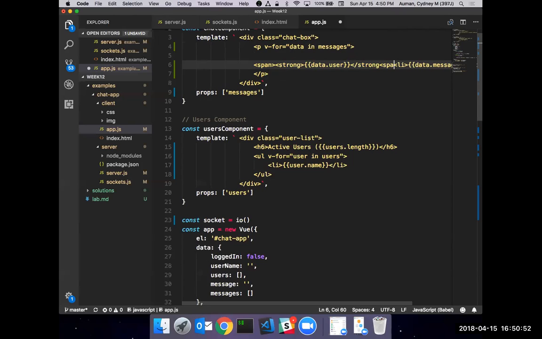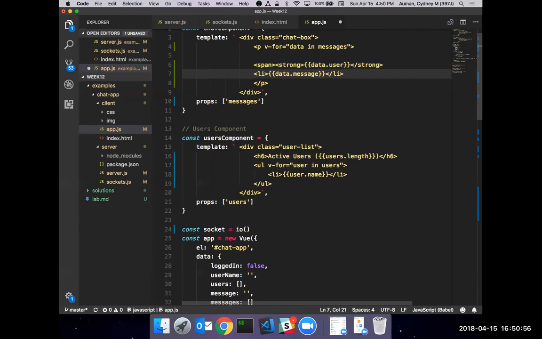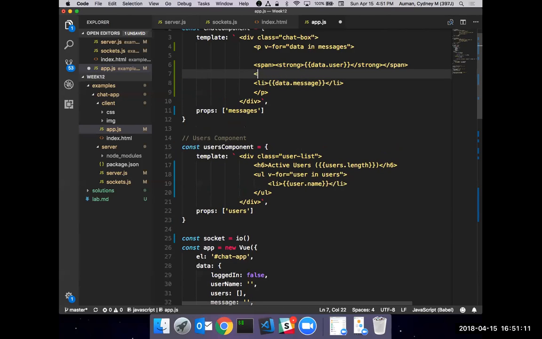Don't want to close this span. And then set a line break, and then I'll put the message here. So I'll get rid of this li element.